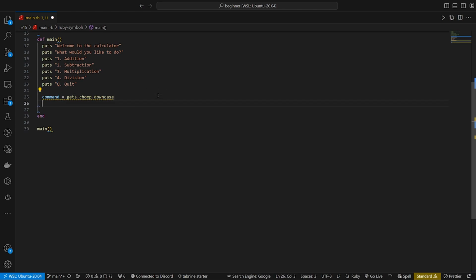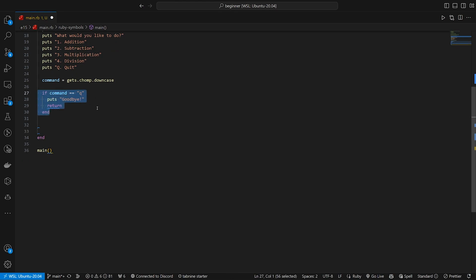After we've done this, we can then say, all right, if the command is Q, we should just puts goodbye. The return keyword here allows us to break out of this main method and just return so that we don't have to continue doing anything else. This is almost like it's guarding us from doing the rest of the program